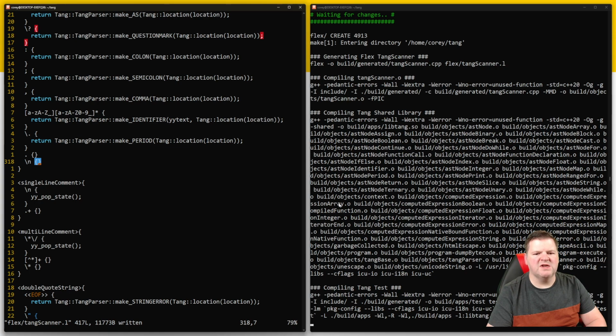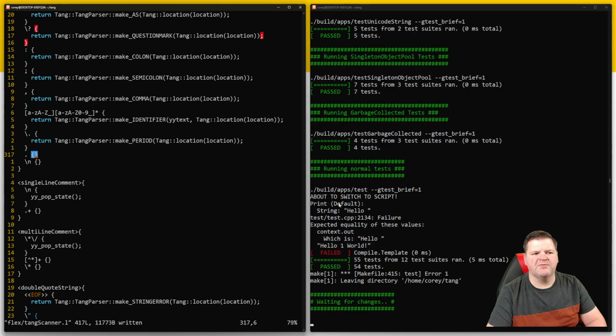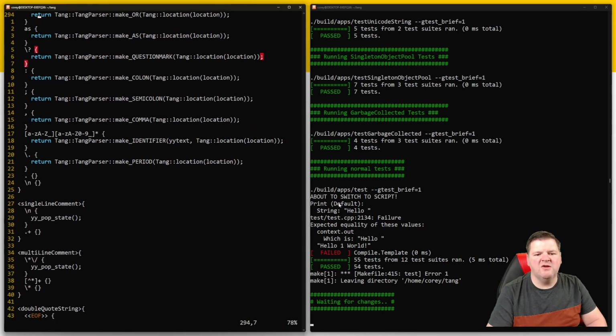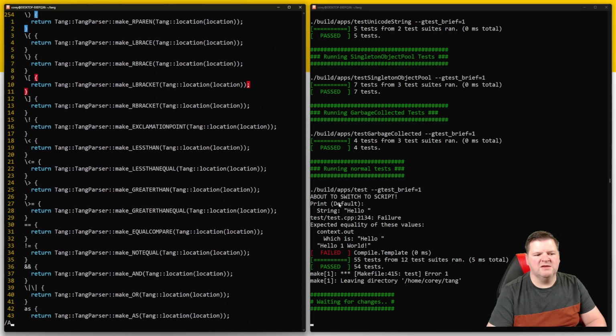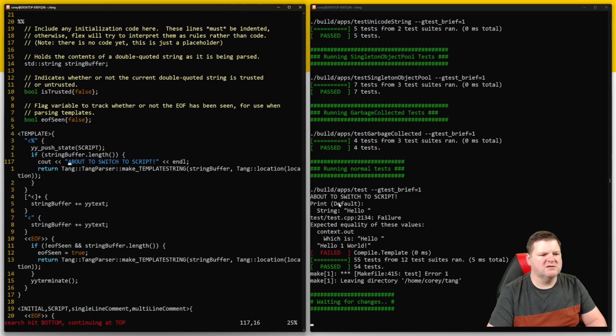Just removing all those heres, just because they're not telling me a lot. I know that I'm getting to the about. So I've pushed the state of script. And I know that YY push state works